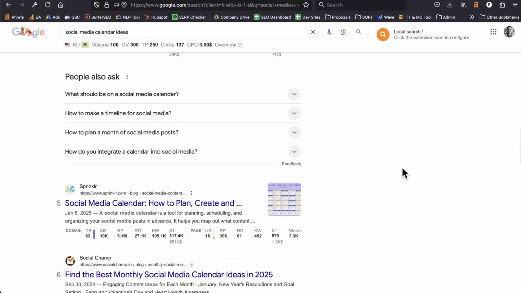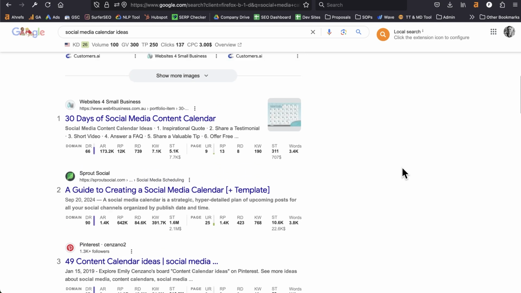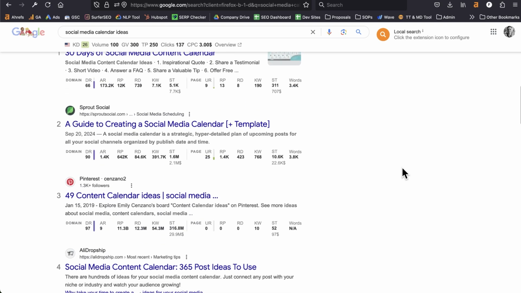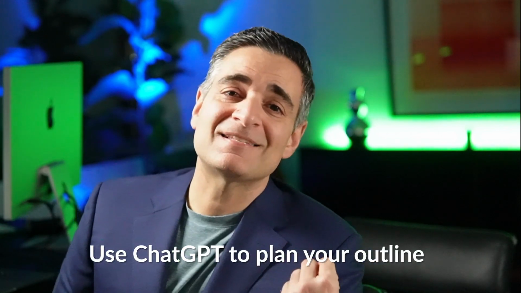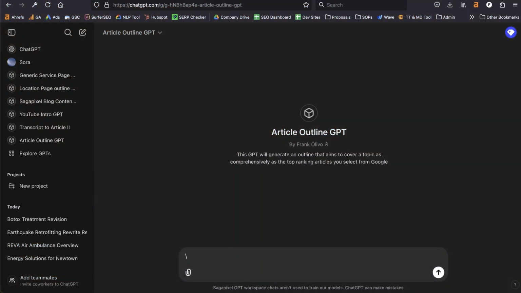Overall for this topic, I'm seeing a lot of guides that come with templates, which means that if I go and do this, that's probably what I'm going to do as well. Which means now it's time to plan my outline. These days, I use ChatGPT for this. As a matter of fact, I'm going to link to my GPT in the description, but basically, this GPT will help you to generate an outline that's going to help you to ensure the comprehensiveness